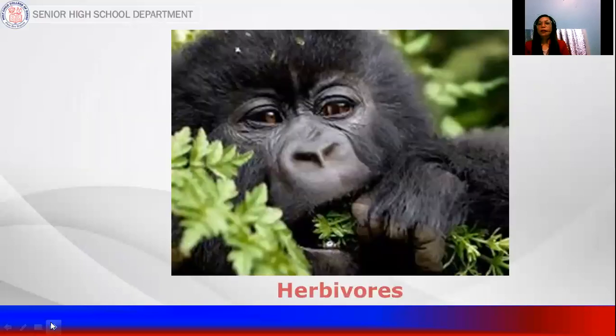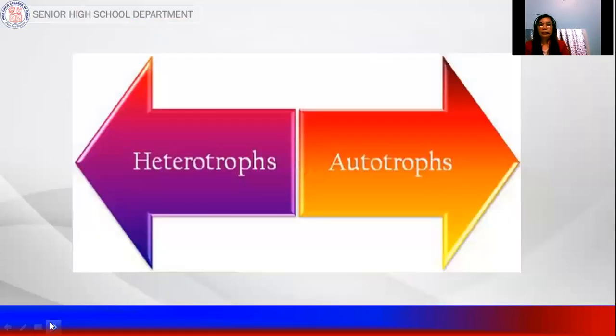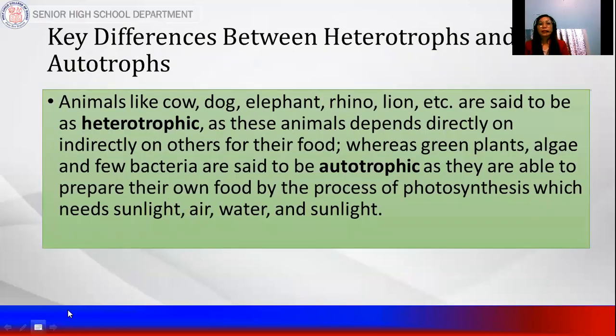Examples are herbivores, carnivores, and fungi. So what are the differences between heterotrophs and autotrophs? For heterotrophs, examples are cow, dog, elephant, and rhino, including a lion. They depend directly or indirectly on other animals and plants for food. Whereas the green plants, the autotrophs, are able to prepare their own food by the process of photosynthesis,